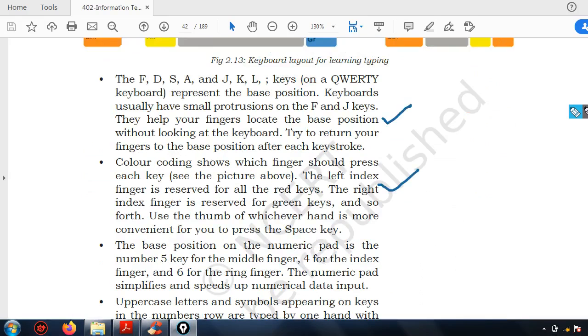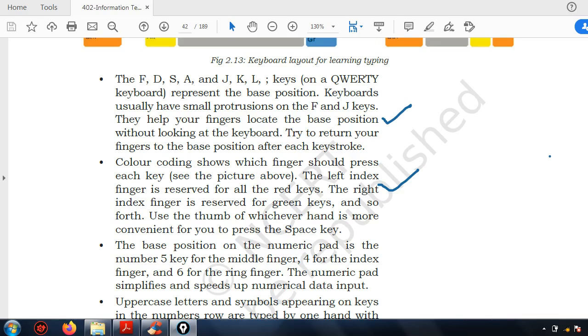The base position on the numeric pad is the number 5 key for the middle finger. For the middle finger of your right hand, the base position on the numeric pad is 5. 5 is at the center of the number keys, right?